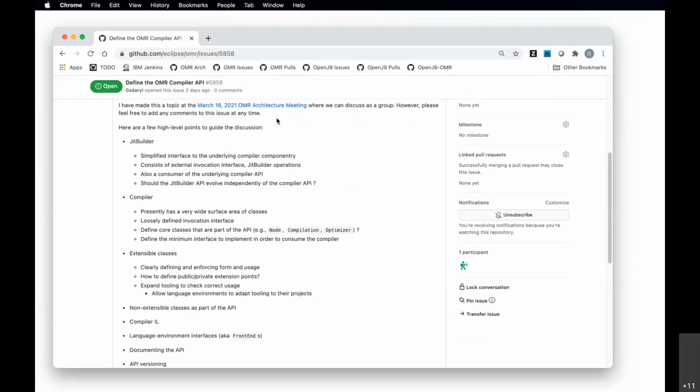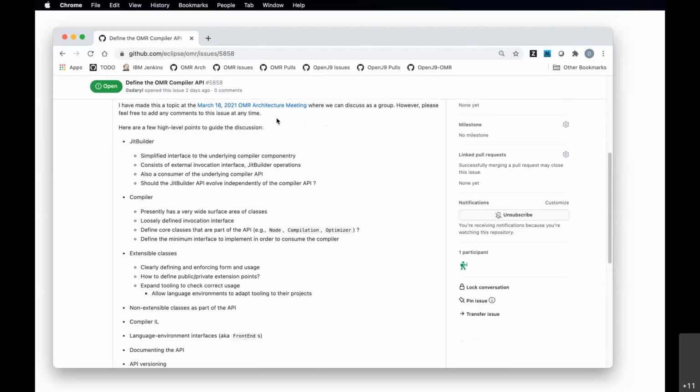That compiler technology has a fairly wide surface area of classes that someone would have to implement in order to use the compiler. Unfortunately, where things are at the moment, it isn't super well documented, and often the path one goes on is to follow an existing implementation example to figure out what needs to get done in order to implement a compiler. So that's one way of accessing the compiler.